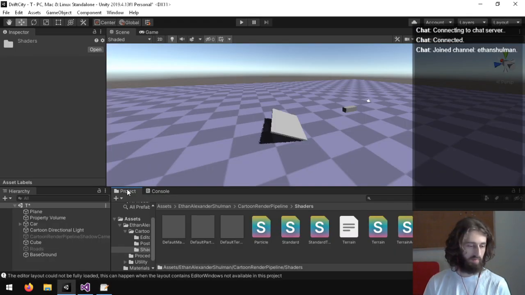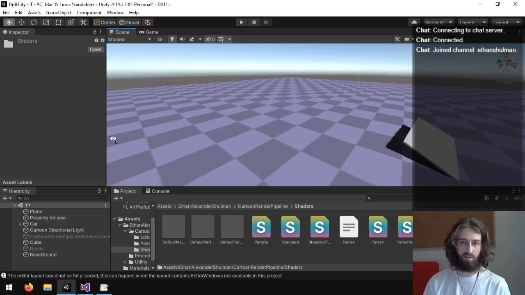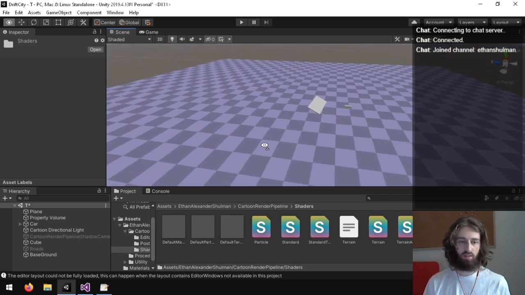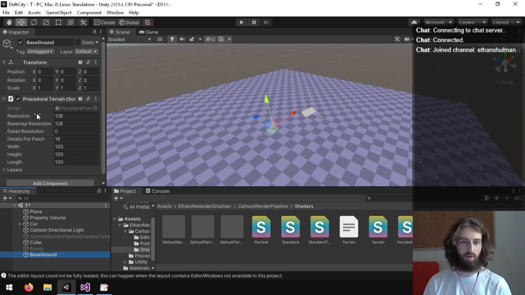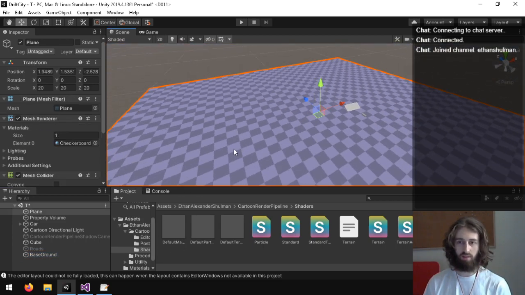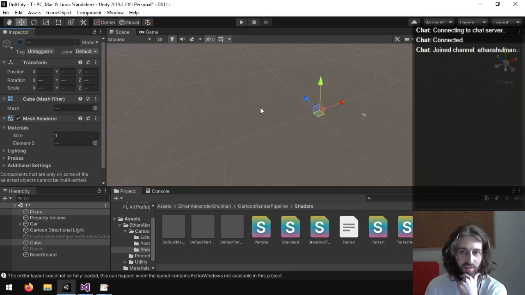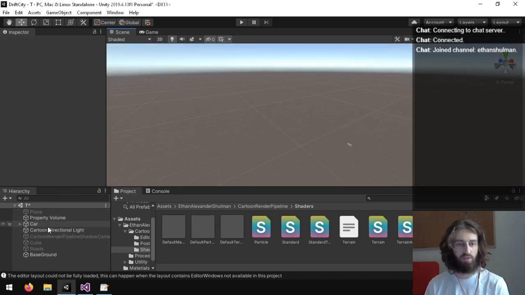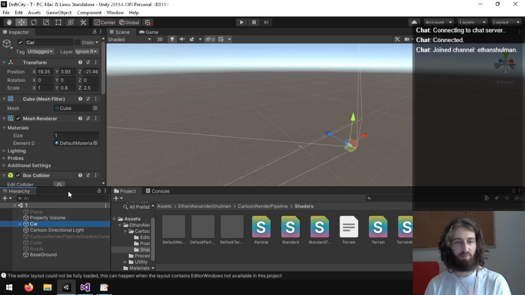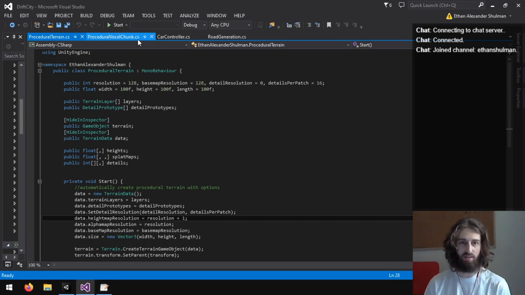Alright, so what I wanted to start with today is actually doing some more generating procedural terrain for this map, so we're not just driving around on a flat plane and jumping over a cube. I'm hopefully going to build an actual little course for us to test driving, or basically give me a better way to test driving the car, because just driving it over a flat plane isn't a good test.